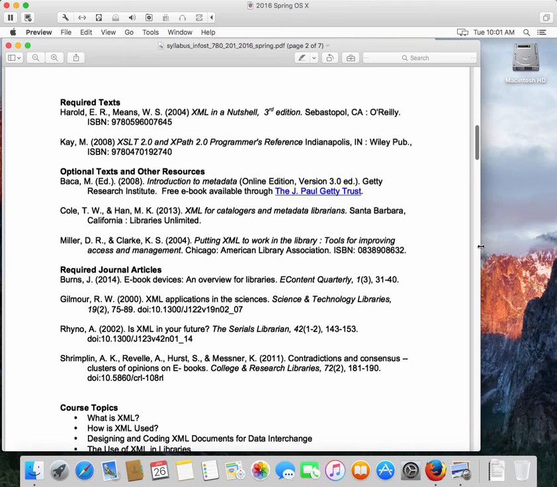And he and his co-author have written a great book that has a short primer in the front and has a really useful reference in the back. The other book that we're using is a book that I find very helpful, although it's